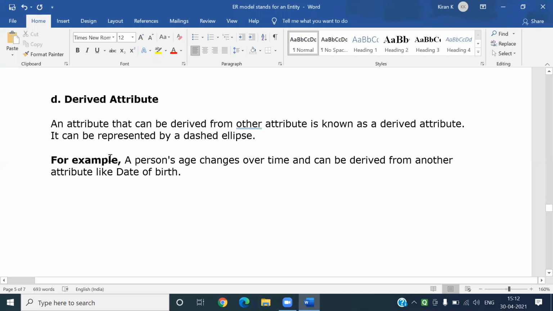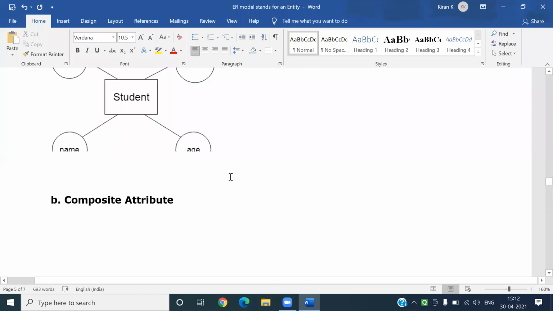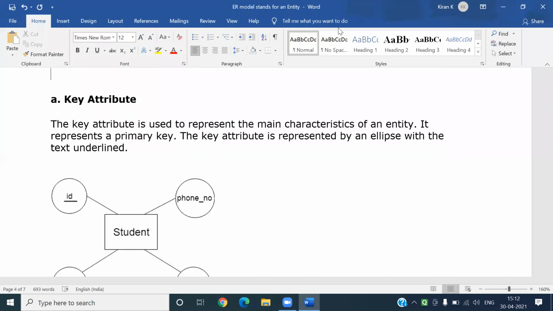So age changes with time. That is why age is a derived attribute, because we will be saving only date of birth, and age is called a derived attribute. Let me conclude.